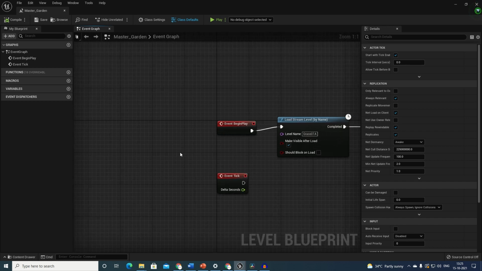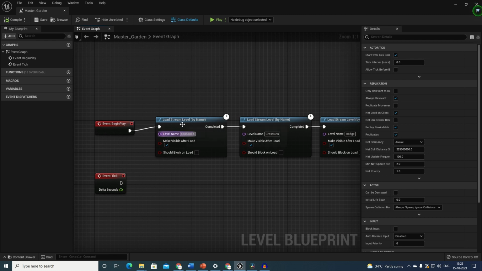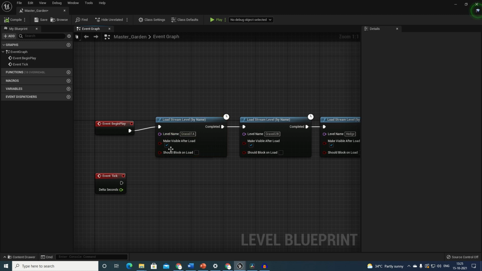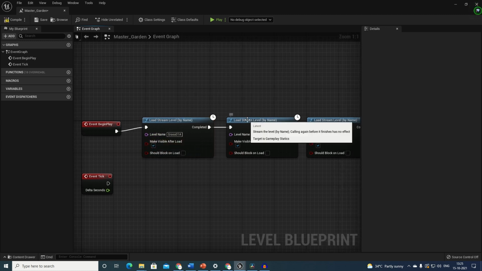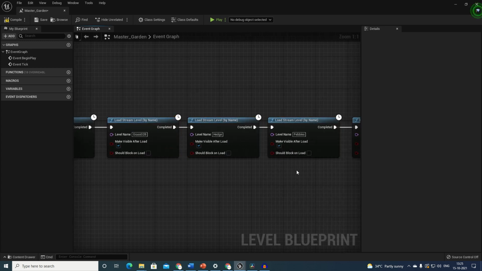Right click, Load Stream Level by Name. In the level name, enter your level, grass 1A. Just check Make Visible After Load. In the same way, we need to load all the levels as per your master level.